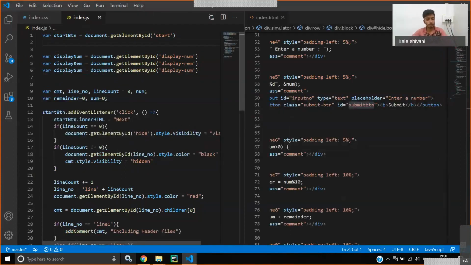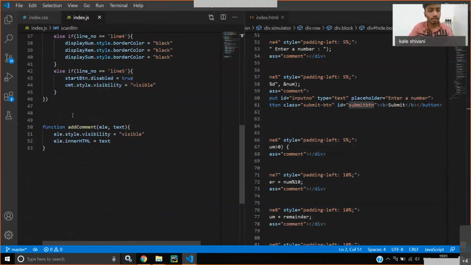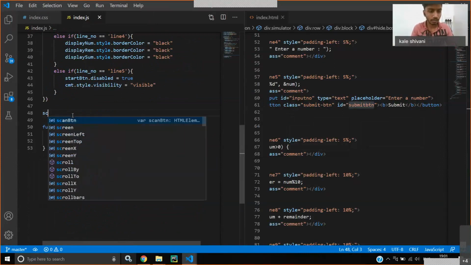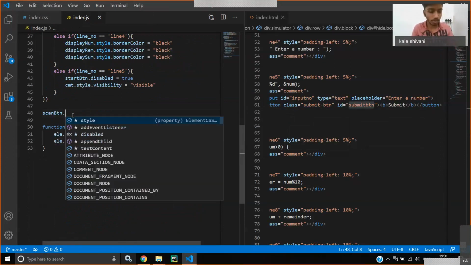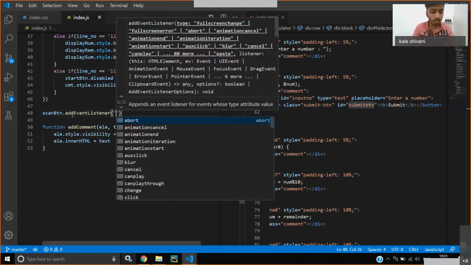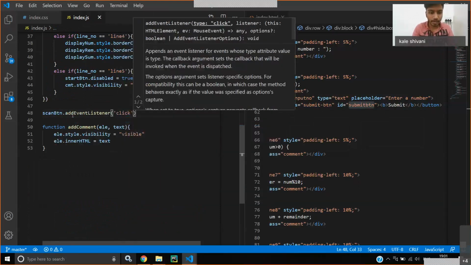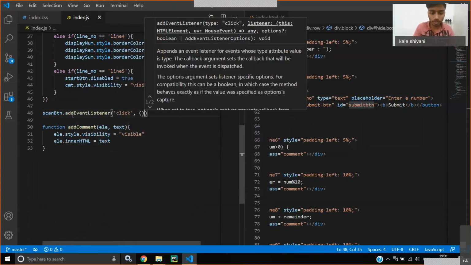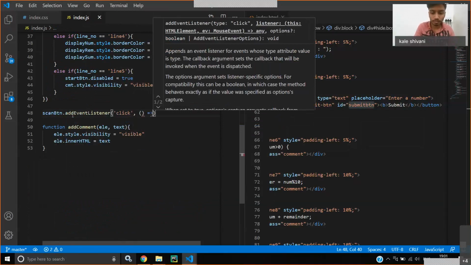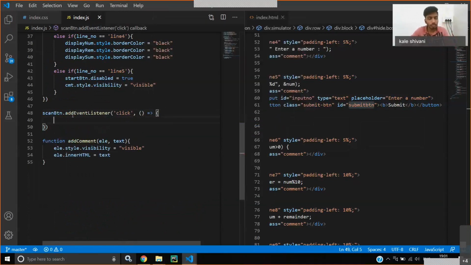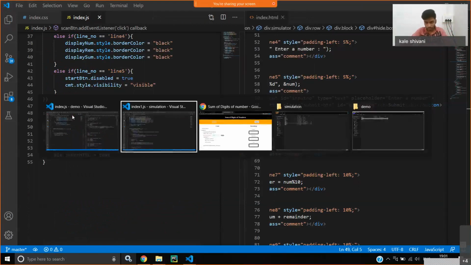Then paste it here. Okay, so we have access to it. And similarly, just like we did for the start button, we have to add an event listener to it. Dot add event listener, which is click, and we want to call a function. Let me just copy the content of the function.